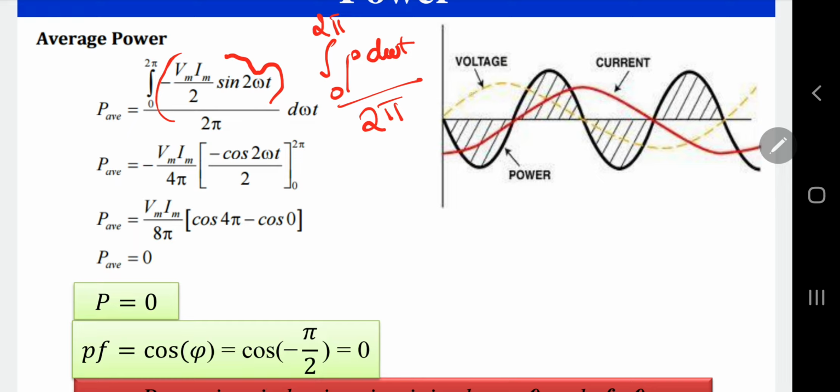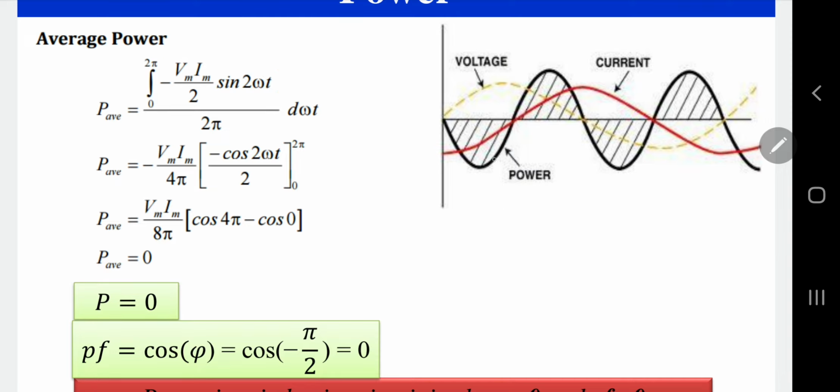Here you can see the yellow line shows the voltage waveform, and the red waveform, the current, is lagging the voltage by 90 degrees. Now when multiplying each of these quantities, you can see just till here, voltage is having a positive value and current is having a negative value. A positive value into a negative value, you will be getting a negative value. So the power equation, power means the voltage into current, isn't it?